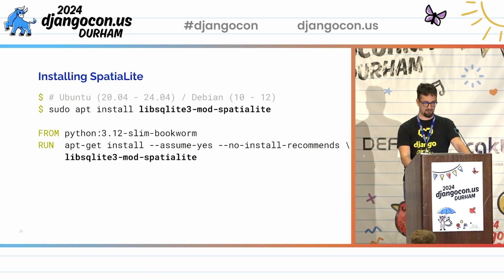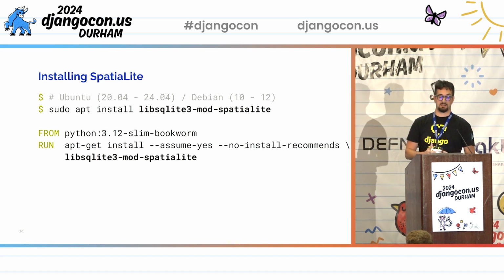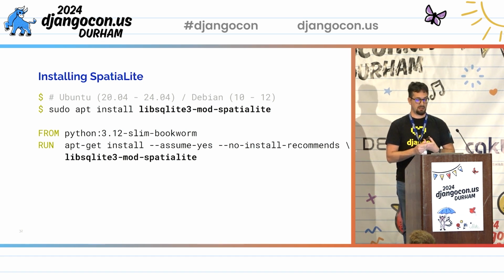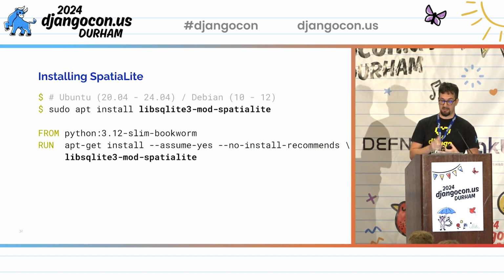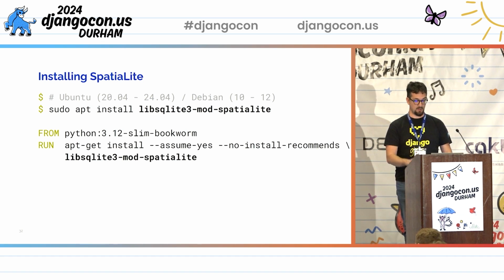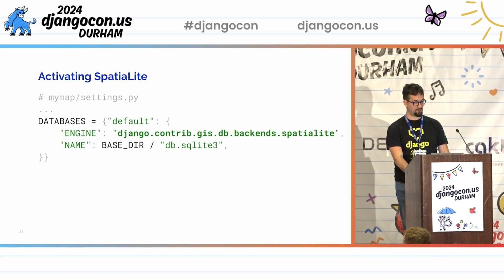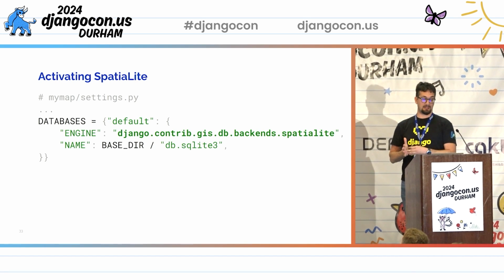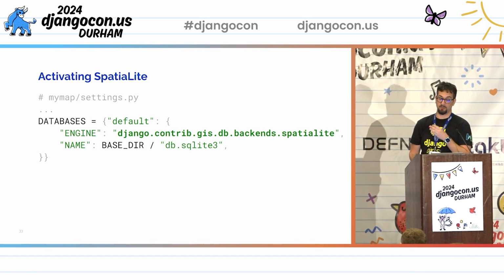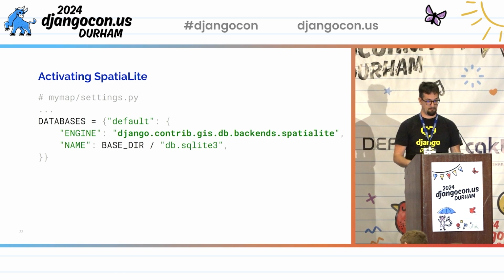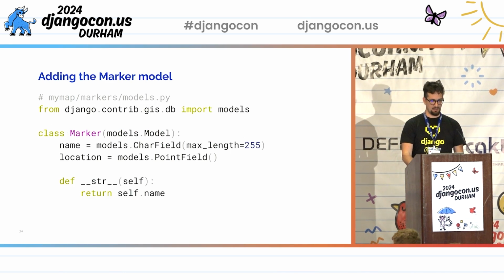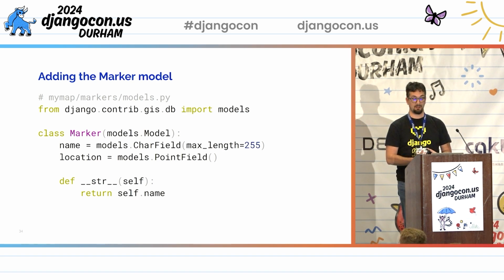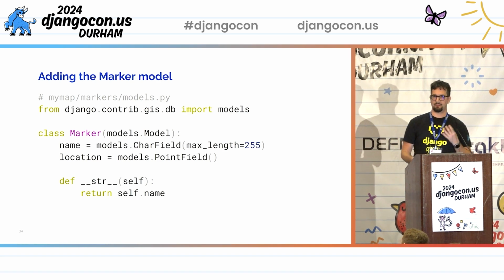which is very convenient to experiment. As before, to install the SpatiaLite package on a Debian-based system, we can use the apt package manager, and in Docker, based on the Python bookworm image, we can install it in this way. And after that, we add SpatiaLite as a database backend in the default engine in our project settings. Now that we have set everything, we can define our marker model to store a location and a name of